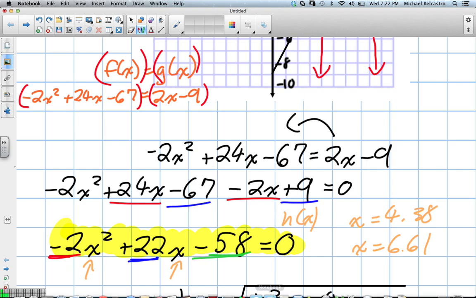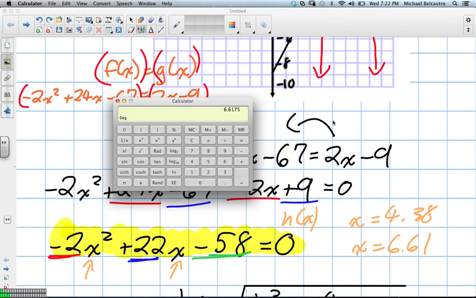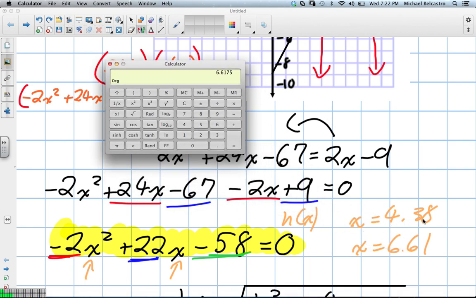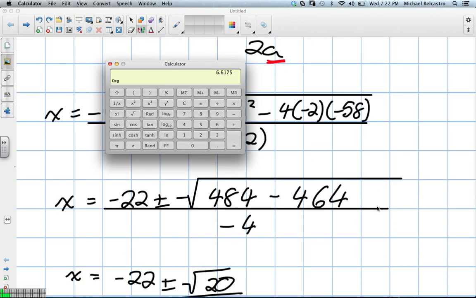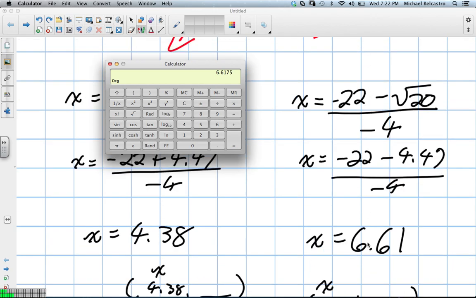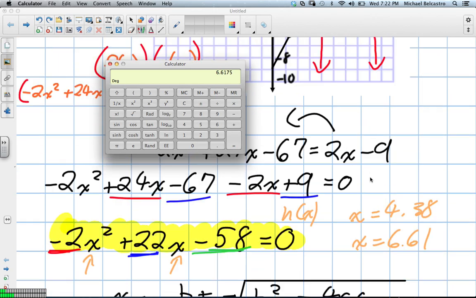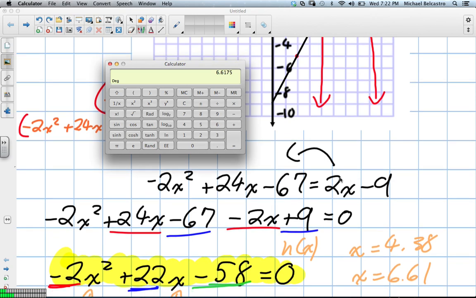Okay. So I'll try to do my calculator in one shot. I'm not sure if I'll be able to pull it off. 4.38. Let me make sure that's the right number one more time. Yeah, 4.38. Okay. So 4.38. We have to square it, then multiply it by negative 2, then add 22 times something to it. Okay. So I guess we'll try to